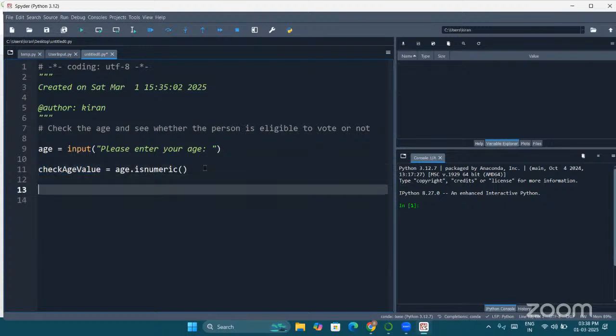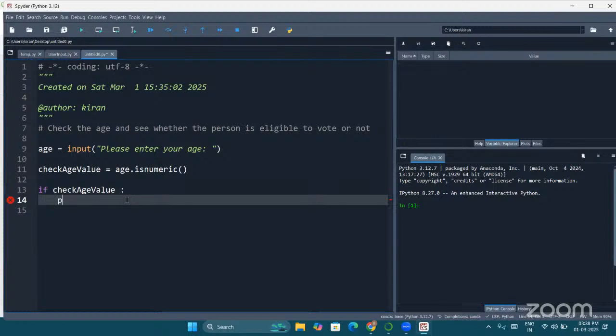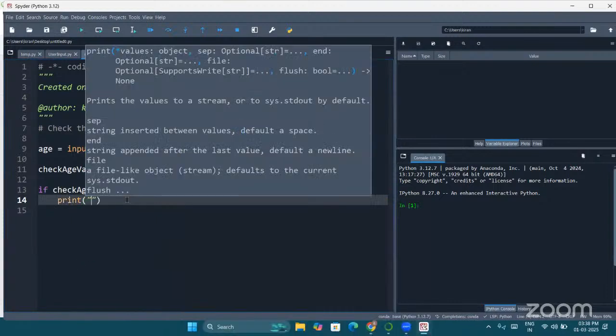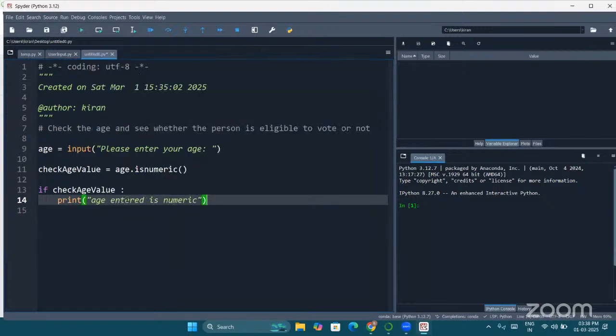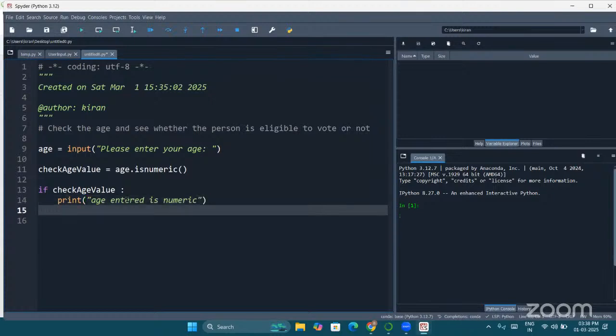All right. Now, if this check age value that I have created is true, isn't it? Whenever you're using an if statement, if is going to validate whether this is true or not. If true means if they have entered a number, then I'll print a message that the age entered is numeric. Okay, for now I'm not checking anything else. Else, otherwise, I will give a message that